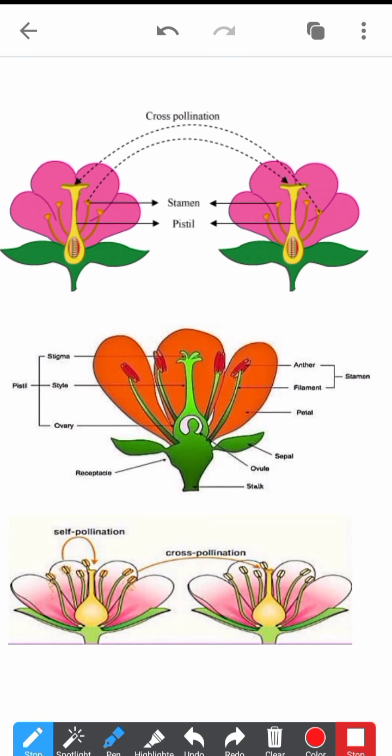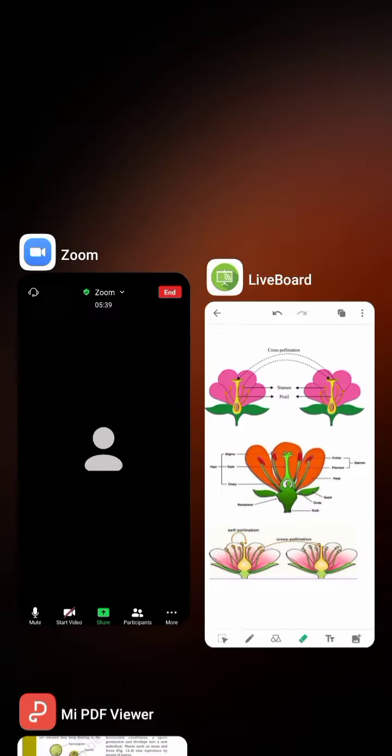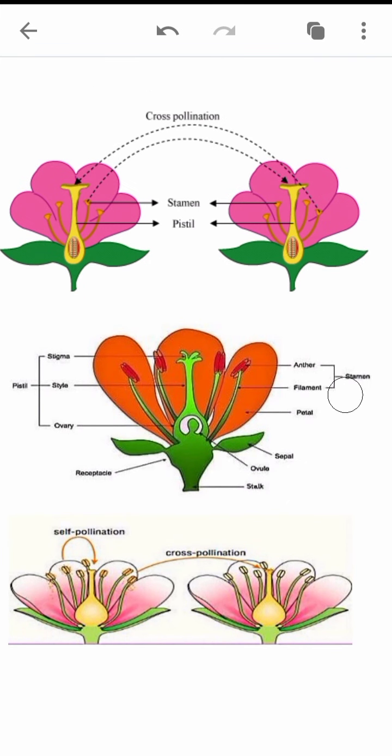Now see, in a rose you may have seen this type of structure over there. What is this actually? It is a stamen. Stamen means what? Stamen means anther and filament both are there in it. So the stamen is the male reproductive part. It contains two things, anther and filament. Filament means a long tube-like structure, anther means the top part.